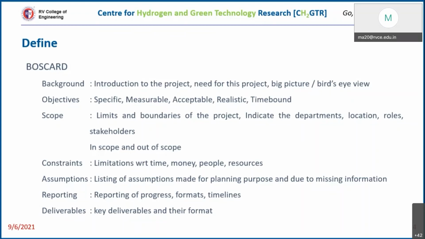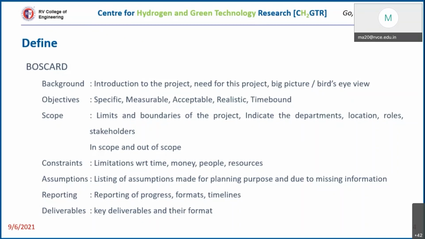So next is reporting. At every stage of the project, reporting becomes very important. Let's take the internship itself. You decided to do this internship for 4 weeks. So you may have to submit a progress report at the end of every week. What did you do in that week? What did you learn? Some kind of reporting of progress should be there, and you should clearly define the format in which you are going to do that reporting, right?